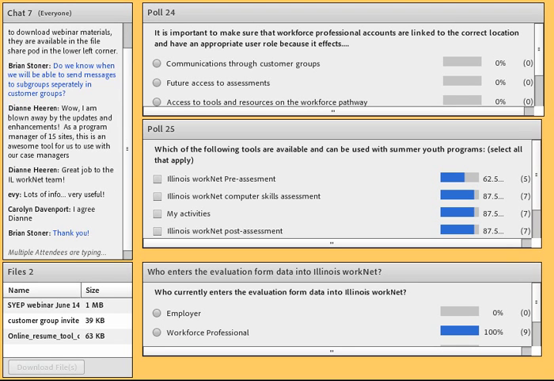So the first part is it's important to make sure that the workforce professional